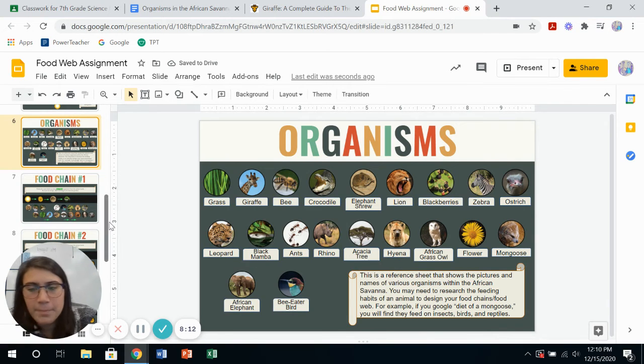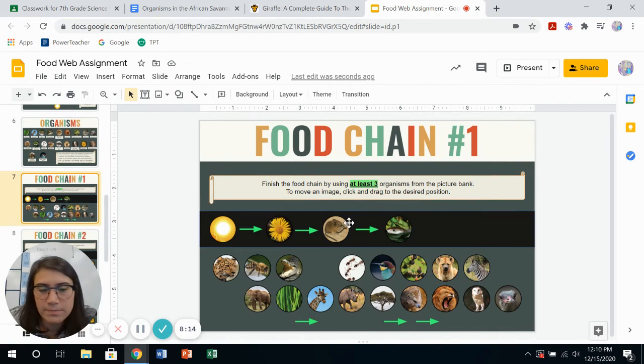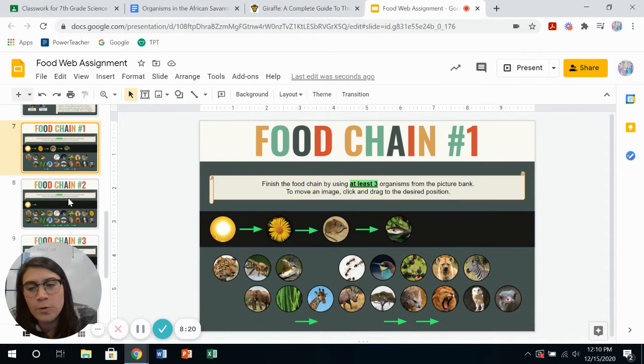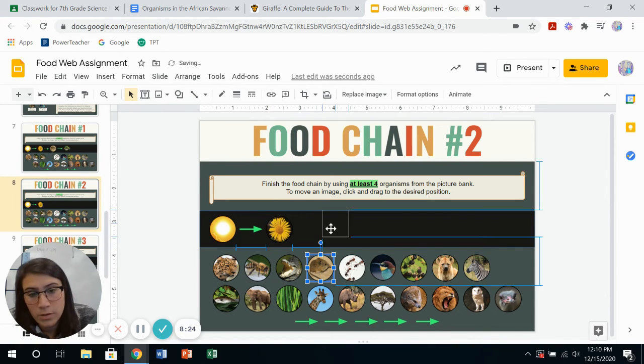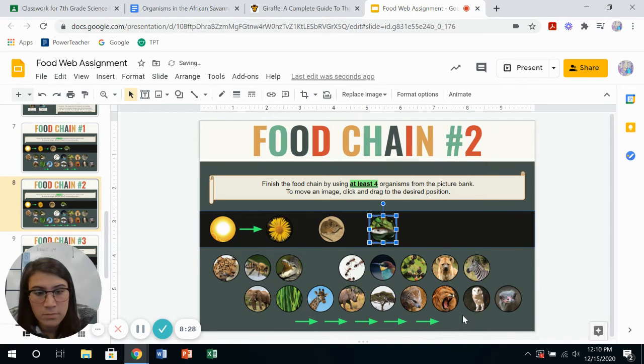Snake is the black mamba, eats a mouse, or the elephant shrew. So this is my 3 organisms. What I don't want you to do is go to food chain number 2 and do flower, elephant shrew, snake, and then what eats a snake? The hyena. I don't know if hyenas eat snakes, but you are not going to use these 3 organisms in your